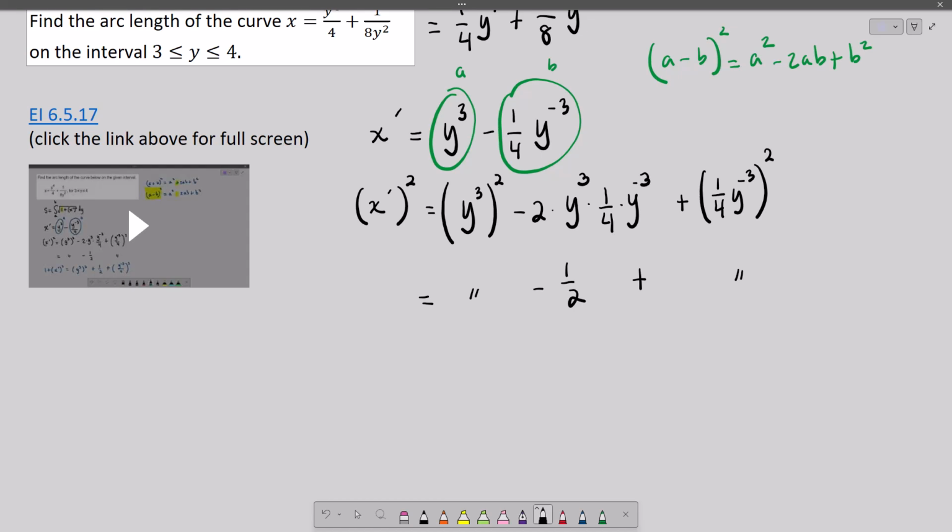And so when we do our next step, we have x prime squared plus 1. If you add 1 to the right-hand side, that changes that middle term from a negative 1/2 to a positive 1/2. Which means that we can then go to, if we look at this,